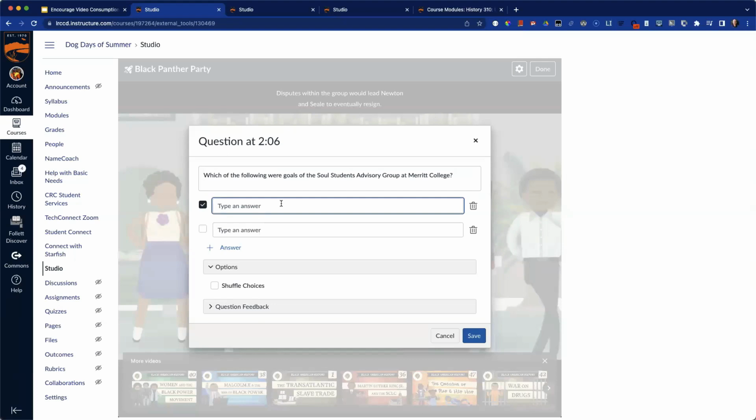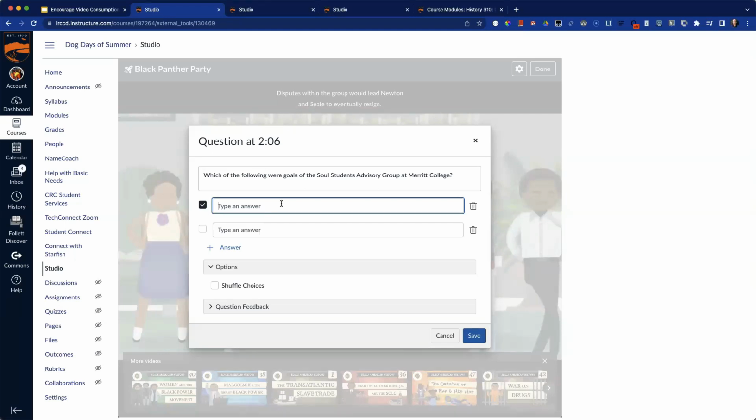With the questions that we have, there are only 3 question types. It's multiple choice, multiple answer, or true, false. We can't shuffle questions, so every student's going to get the same question at the same time point. We can shuffle the answers, though. So there's a little option there to shuffle choices. And with multiple answer, each of the correct answers, right, you select that checkbox.